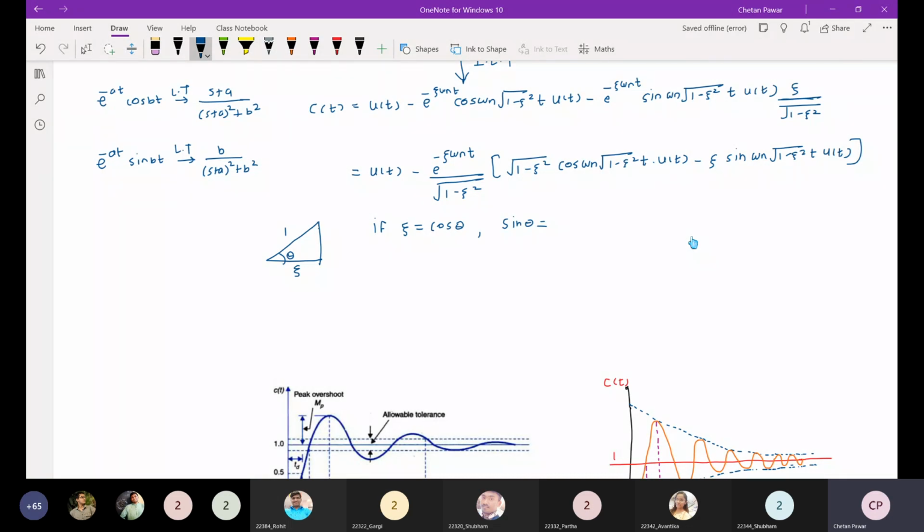Then what will be the sine theta, if cos theta is zeta? It is under root of 1 minus zeta square. Yes, right. Now put cos theta instead of zeta into this equation, and instead of the term square root of 1 minus zeta square, put sine theta. So if I put that into that equation,